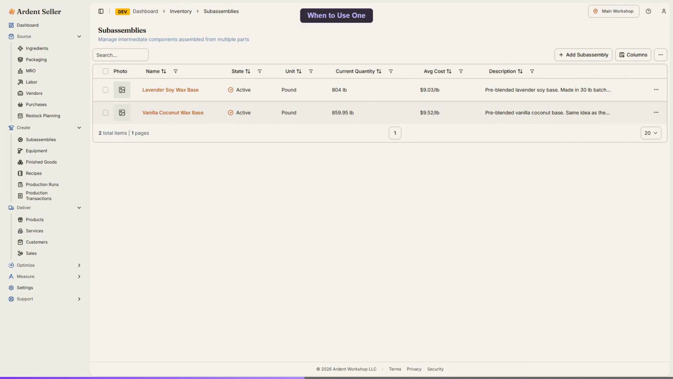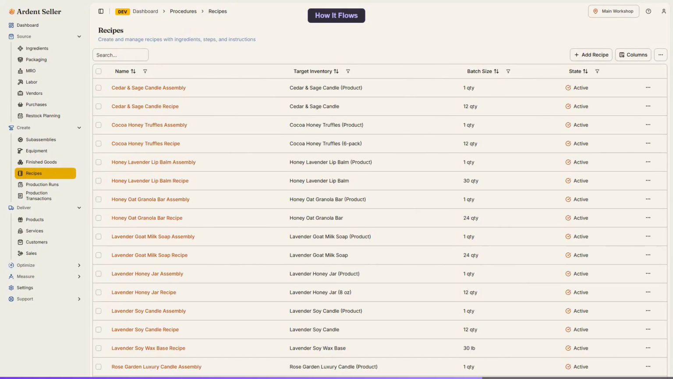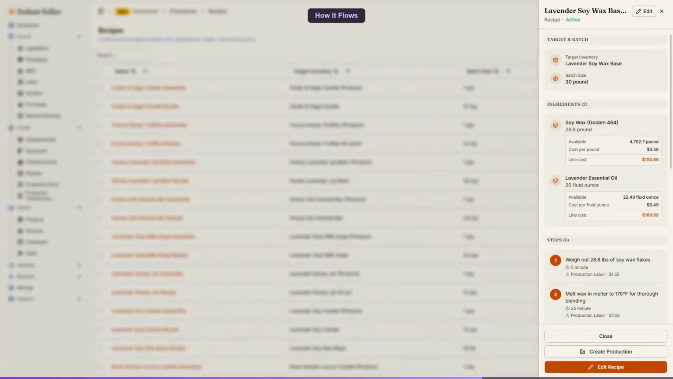You can absolutely embed every raw ingredient in line in every finished good recipe. It works, but you re-enter the same items in every recipe, and you lose the cost view of the prep itself. The flow is 2 recipes and 2 production runs. Recipe 1 targets the subassembly. Its ingredients are raw, soy wax flakes, fragrance oil. And when you finish a production run, a fresh batch of wax base shows up in your inventory, ready to